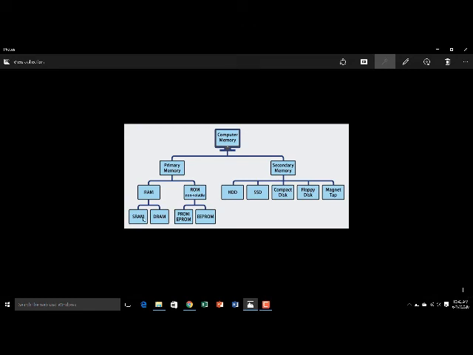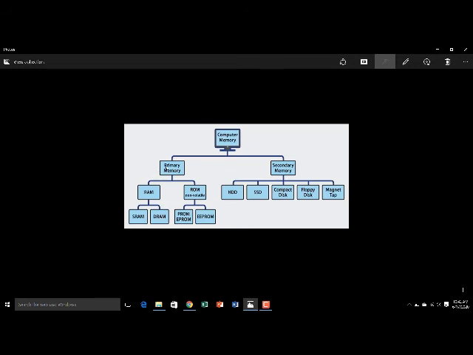Now there are some basic subtypes of RAM and ROM. S for static RAM, D for dynamic RAM, and PROM, EPROM and EEPROM. PROM means programmable read-only memory. EPROM is erasable programmable read-only memory, and EEPROM stands for electrically erasable programmable read-only memory. So these are our computer memory types.